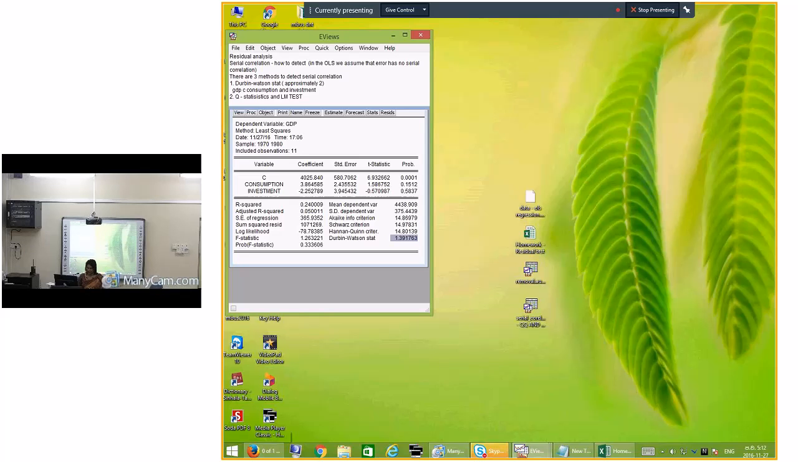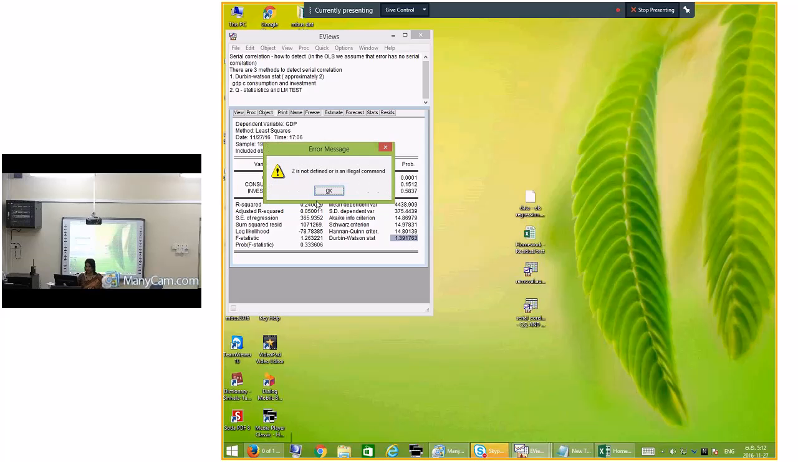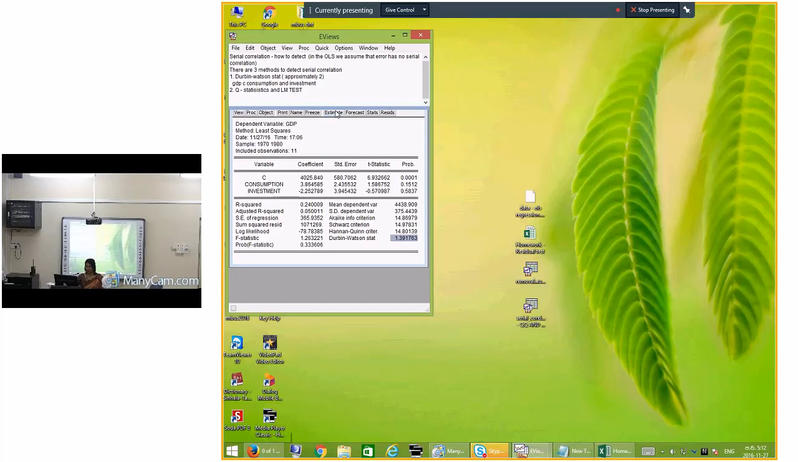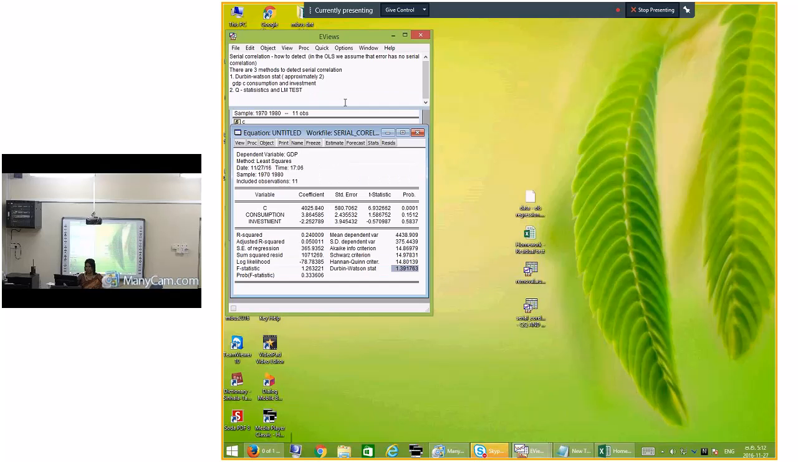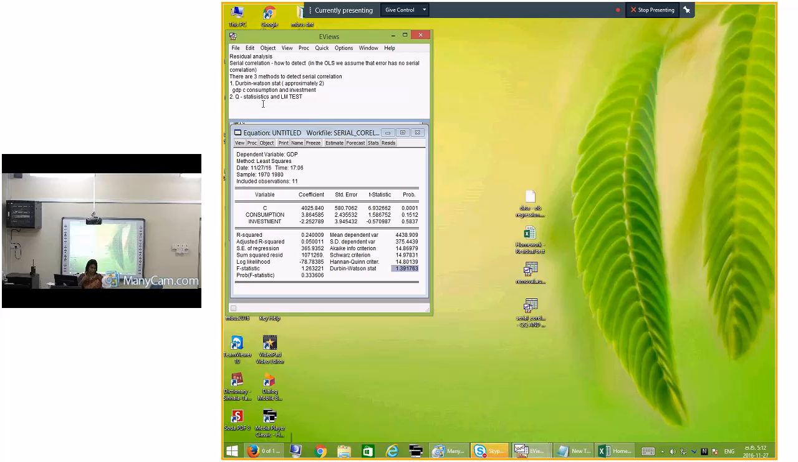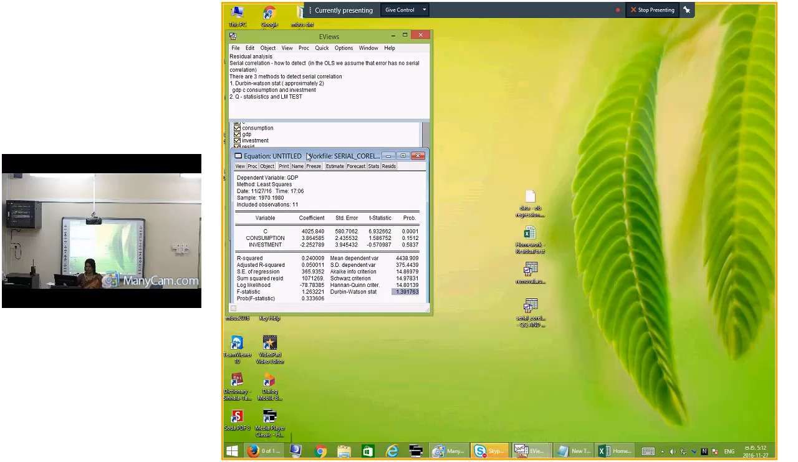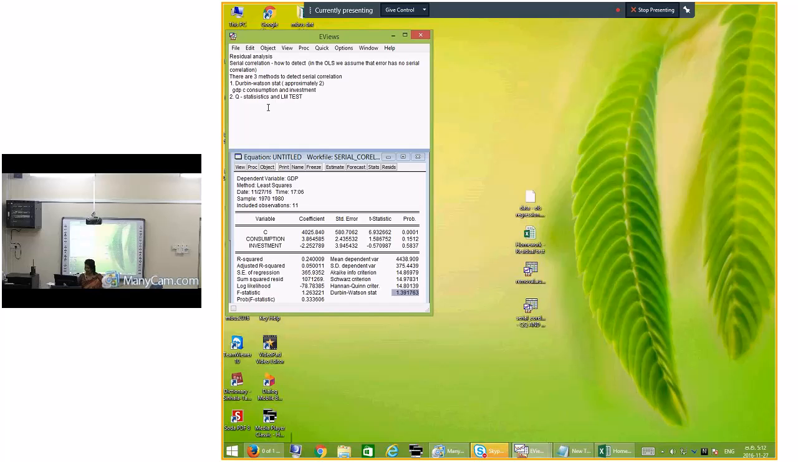If our model is like this, the other tests are the Q statistics and the LM test, and the autoregressive model. For the second and third tests,